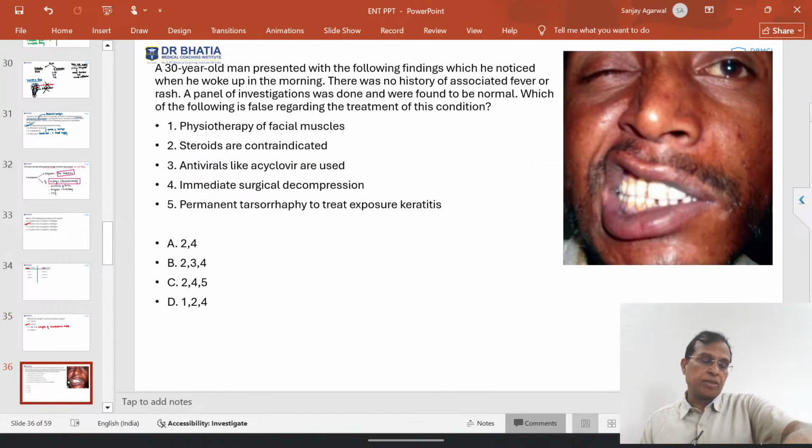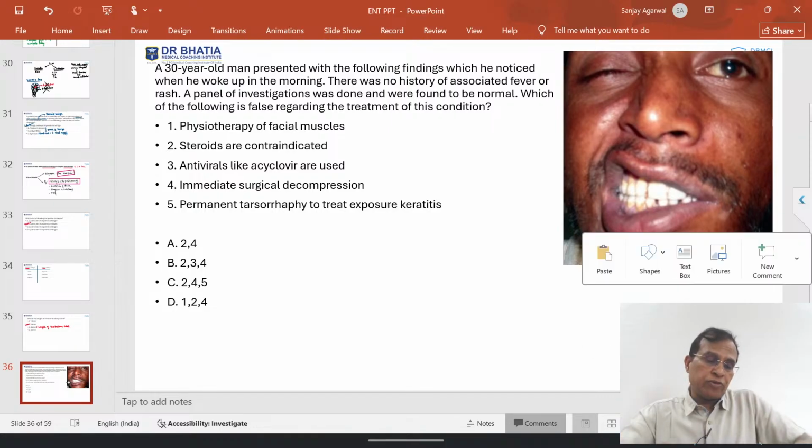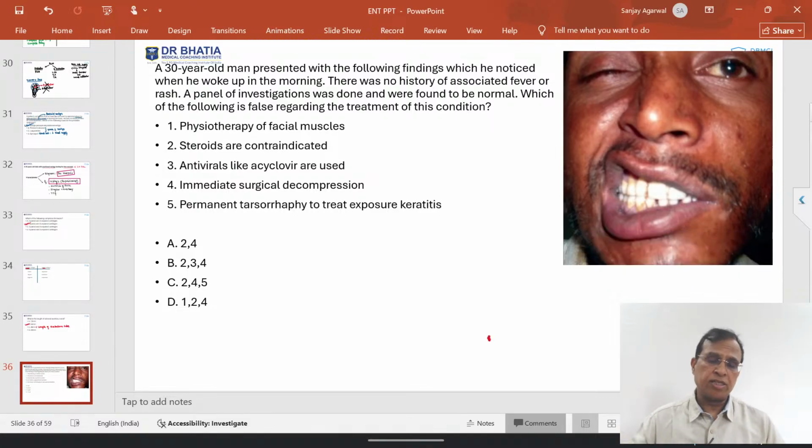Then, a 30-year-old man presented with a finding which he noticed when he woke in the morning. मतलब इसको सुबह दिखा, जो इमेज दिखा रहे हैं. This is how it looks. There is no history of fever or rash. A panel of investigations was done and were found to be normal. So which is false regarding the treatment? So this is